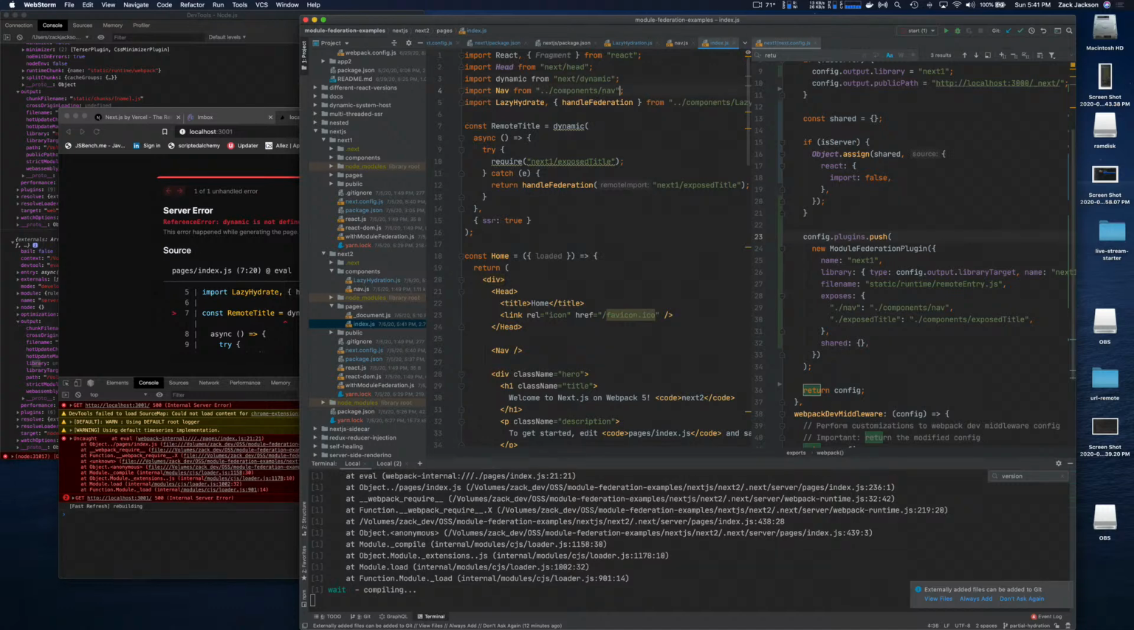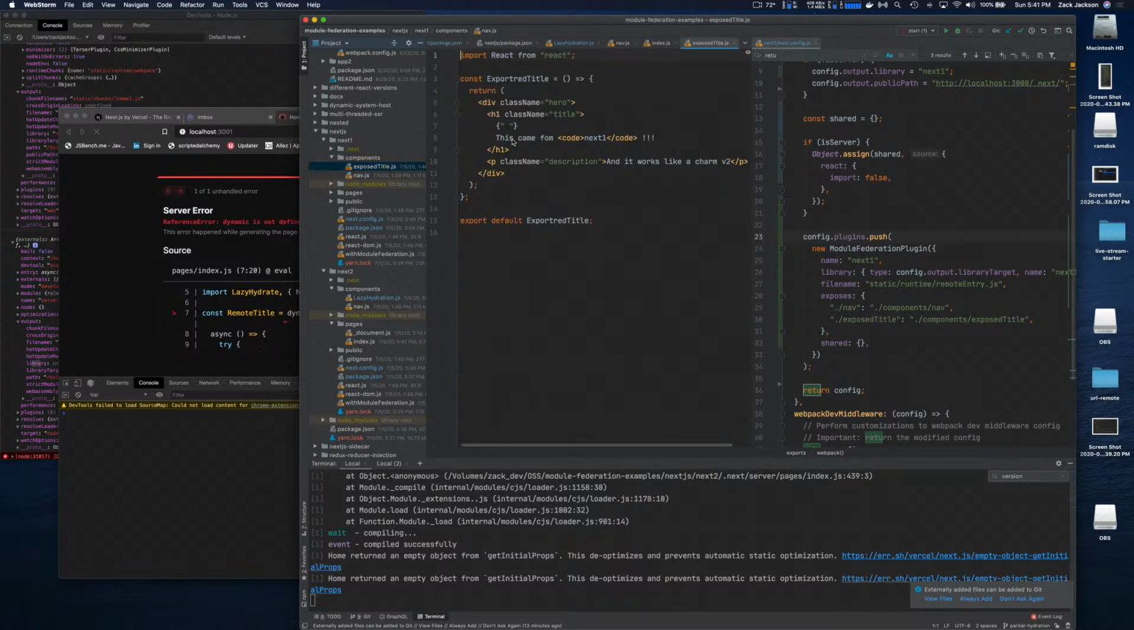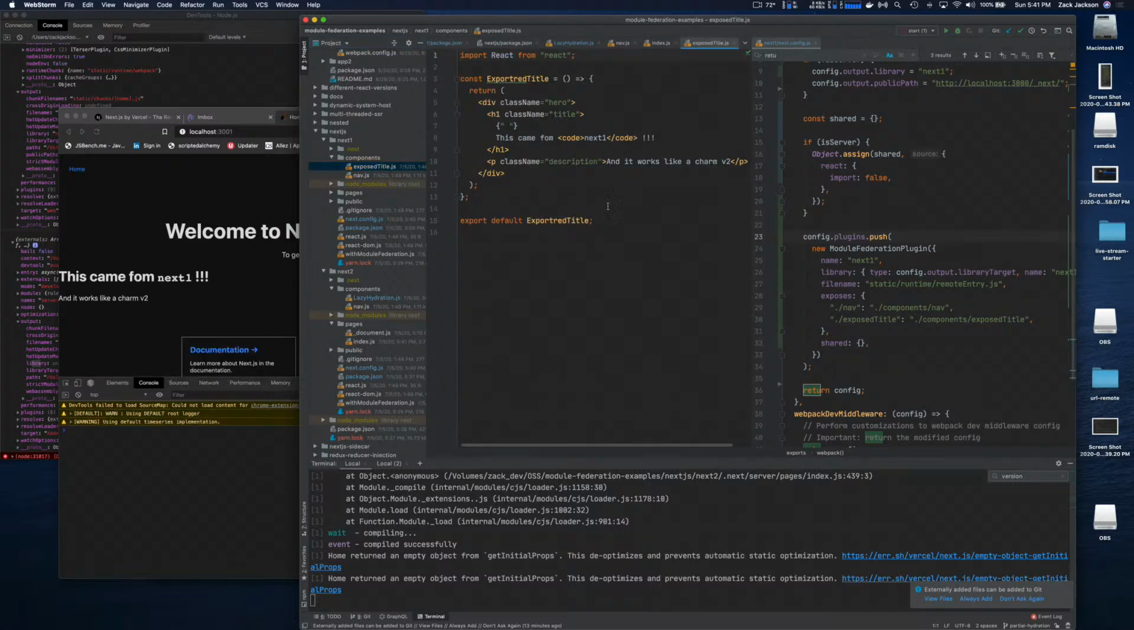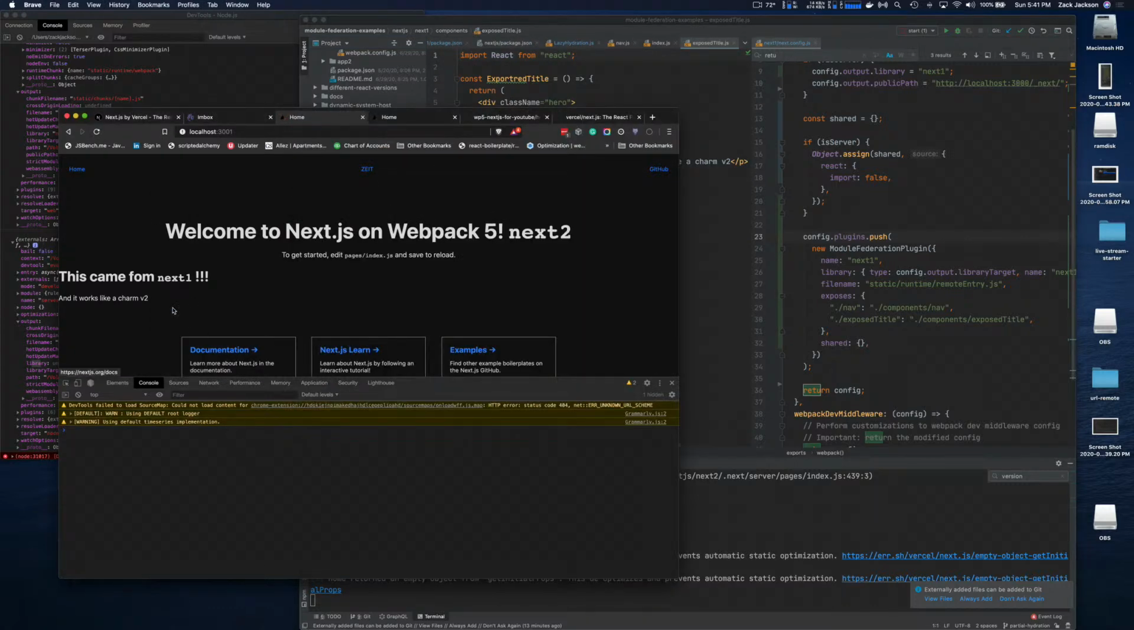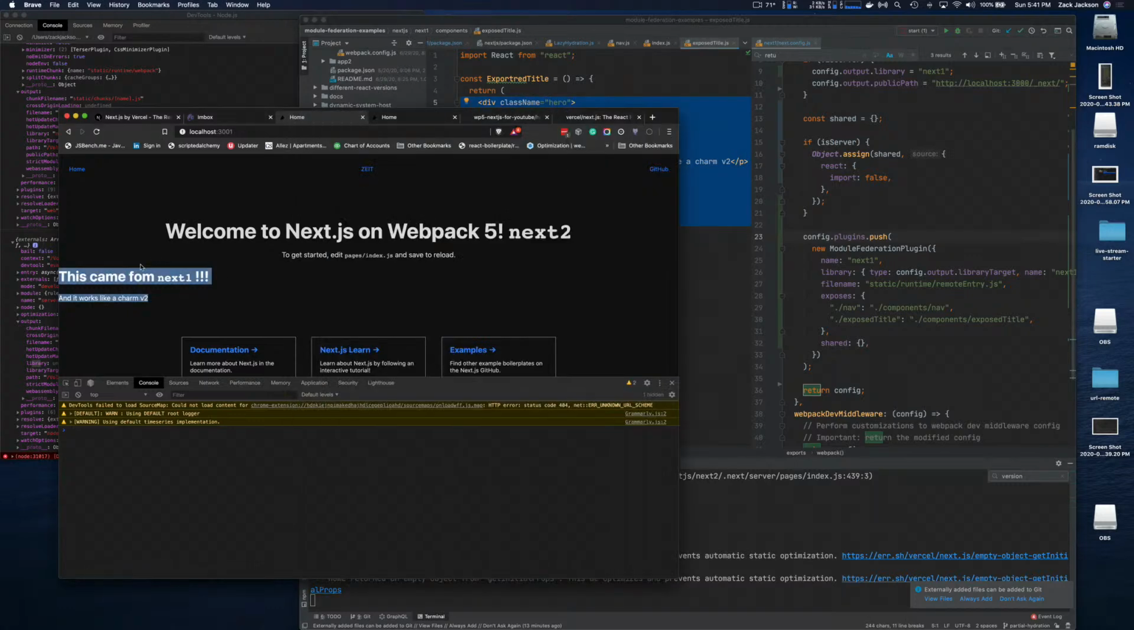I'm going to jump into next one, and I'm going to check my exposed title. Cool, all right, I'm not using a hook. So there we go, look at that. So now that's module federation, stock standard, well, almost stock standard, how we would expect it to be. I'm getting this title inside of, next to, and this is